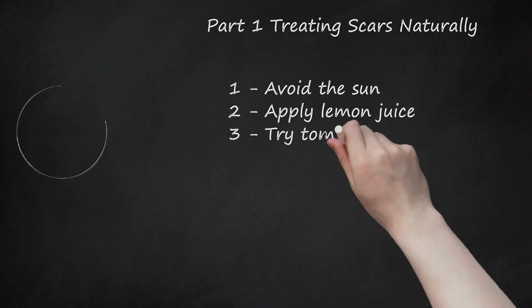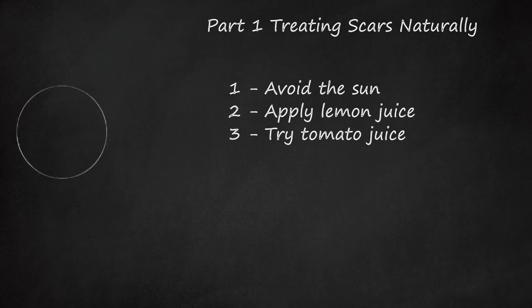3. Try tomato juice. Like lemon juice, tomato juice is acidic and may have a natural bleaching property that can help reduce the visibility of your scars. Tomato juice also has high levels of antioxidants, which can react with your skin's pigments and result in lightening. Cut a fresh tomato and apply the juice, which you can squeeze from it, right to your scar